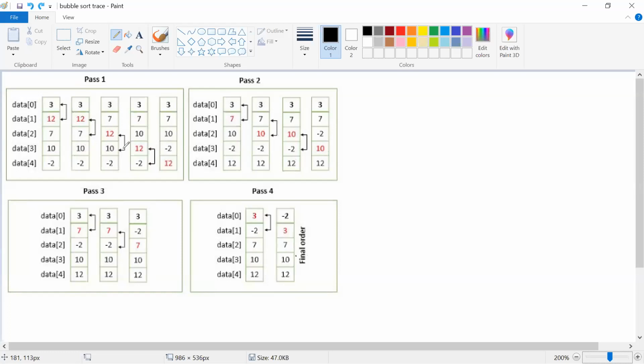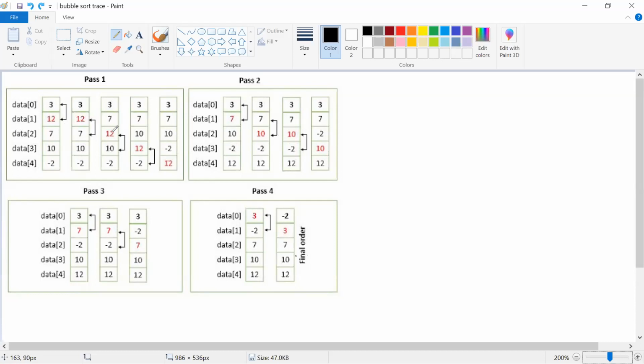Before going to the next comparison, you have to finish this task. The task here is you have to compare the numbers. If it is greater, you swap it, or else you keep it as it is. Here you just compare. Yes, it is greater than the number below, so yes, you have to swap this. The main aim is to take the largest or biggest number to the bottom of the array. So 7 and 12 have to be swapped. Before moving to the next comparison, we have swapped here. You can see that 7 and 12 have been swapped.